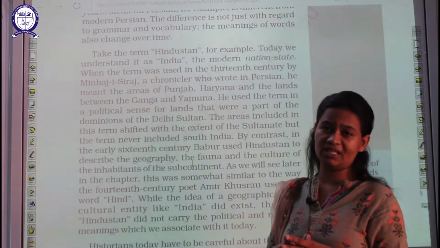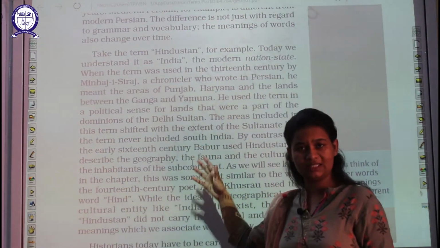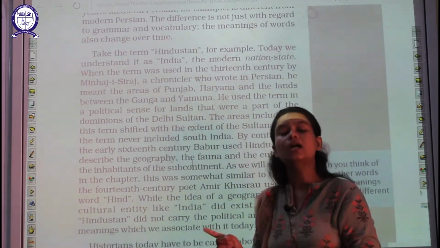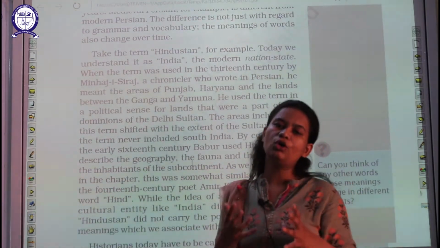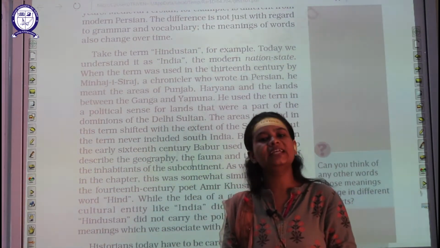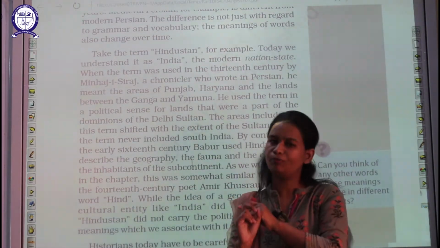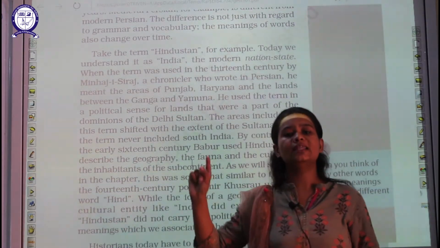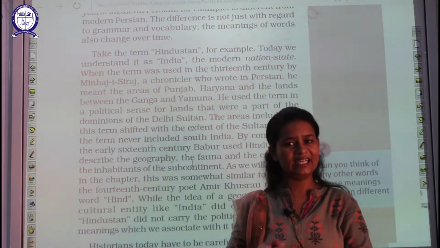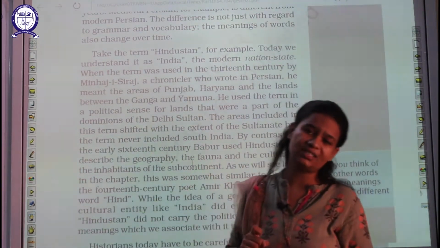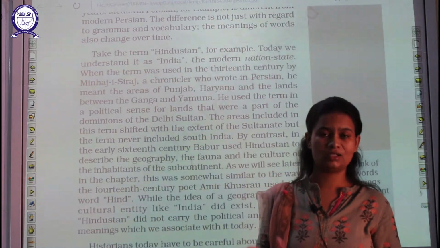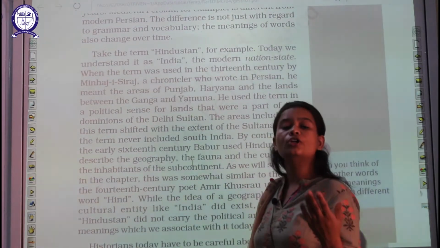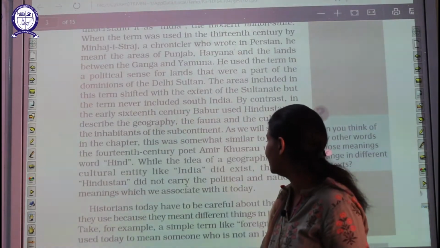So what we have learned from here are different terminologies. Earlier it was Bharat, then Hindustan or Bharat, and now it is India. It came to be India because people were seeing that particular land on the basis of political frontiers, that is, the political boundaries of land, as I already told you in the case of Punjab, Haryana and all. And second is the case of Babur, who saw the subcontinent on the basis of geographical factors, like the plants and the animals, or you can say the flora and fauna present in our country.